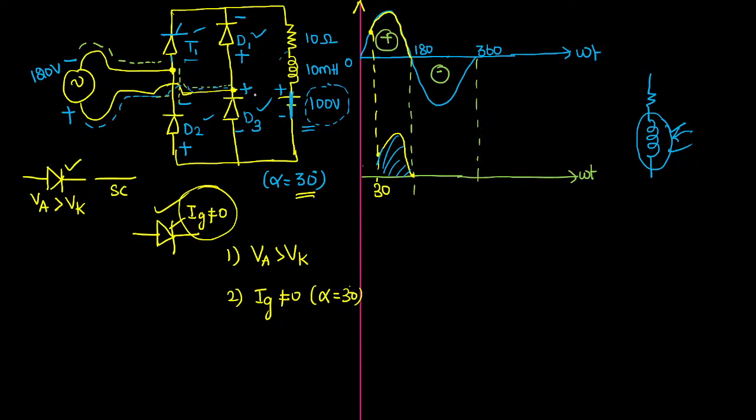It will force the thyristor to continue its conduction. Okay sir, till what end will it continue its conduction? It will continue till the next firing angle appears. But the problem is, what you have to observe here is that your inductor will start freewheeling up to a certain time